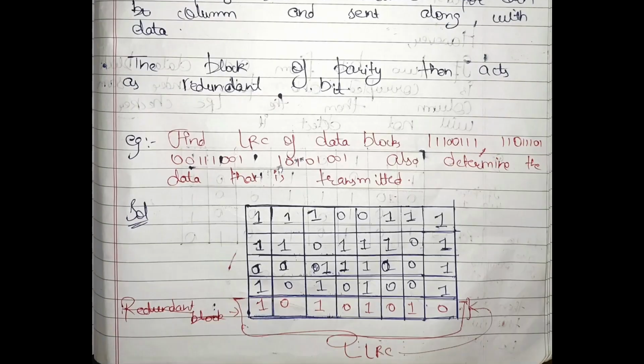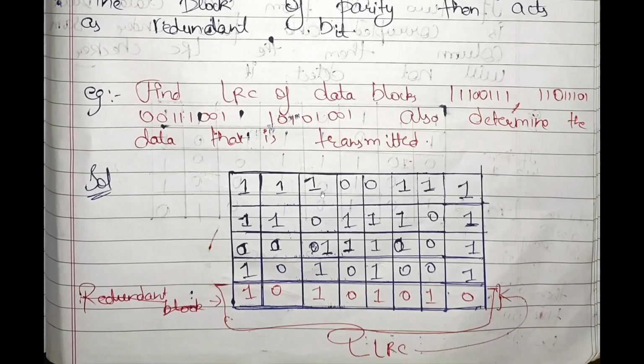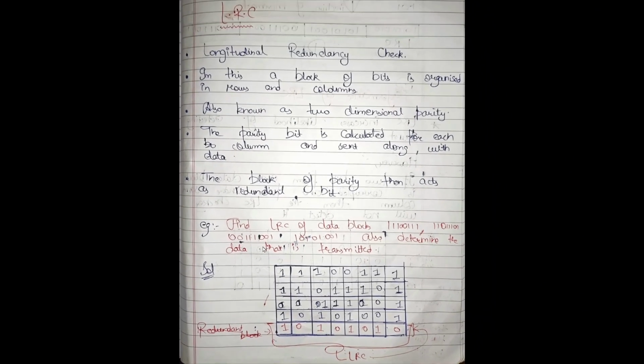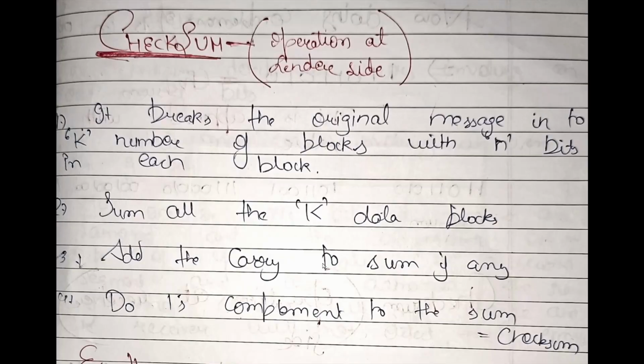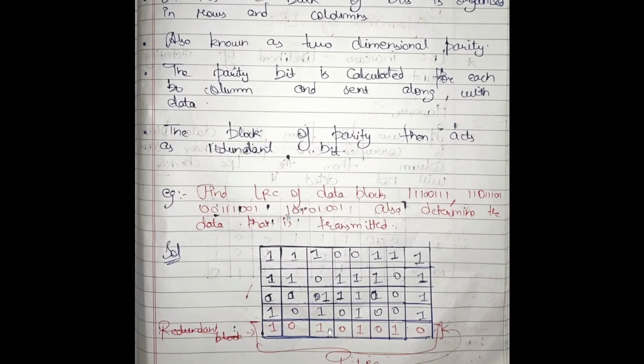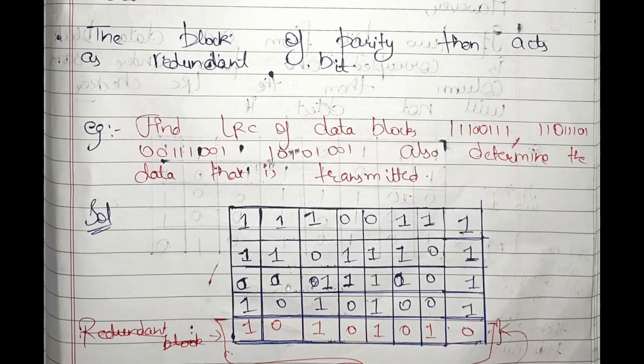The receiver is also going to perform the same thing, and if the sum comes out to be the same, then it understands that there is no error. Otherwise, it assumes that the transmission was corrupted. Alright,